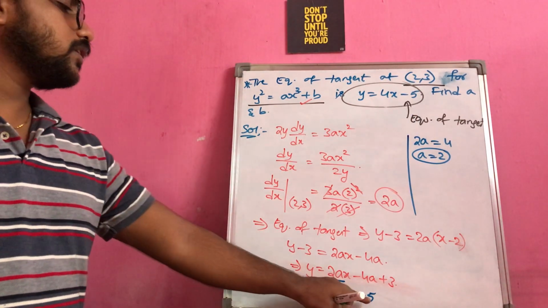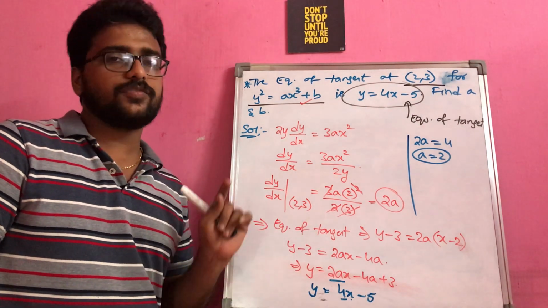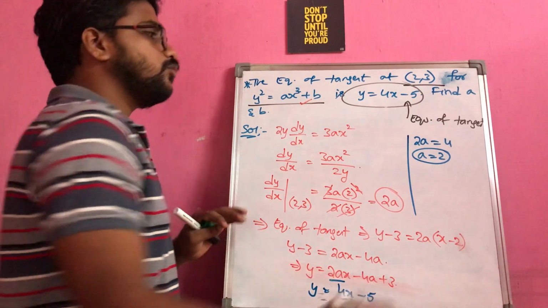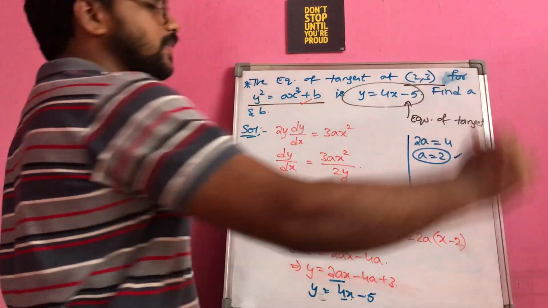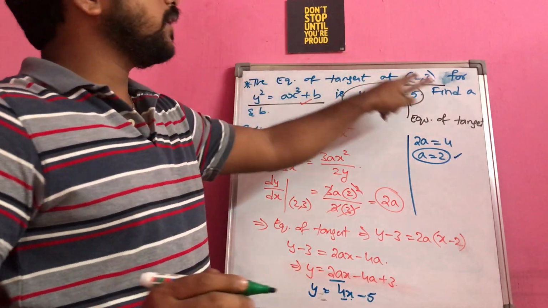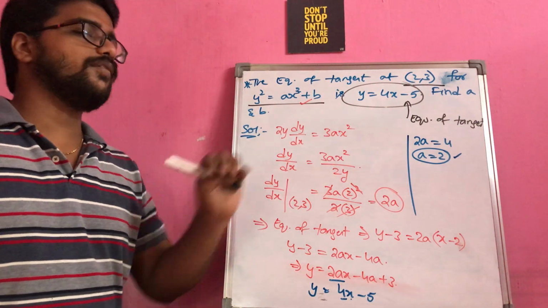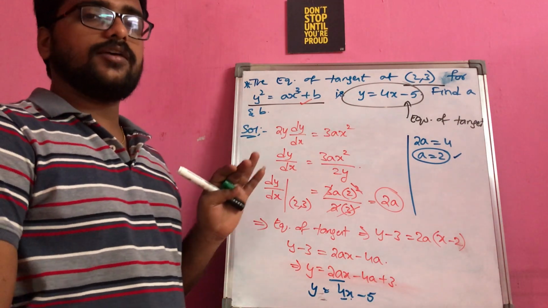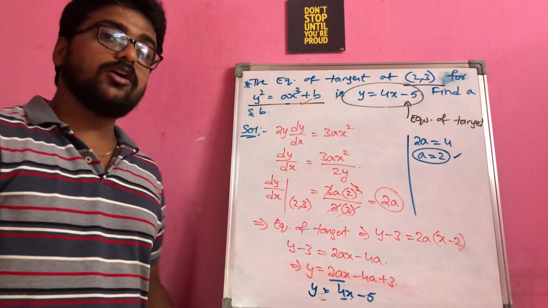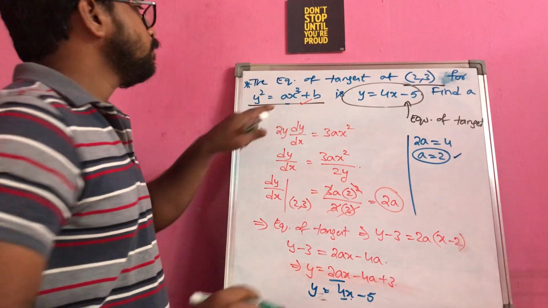If you do the further simplification also, still you will get the value of a only, right? You won't get the value of b. So there is no point in going for further calculation. So we found the value of a. Next our task is to find the value of b. Just observe in this entire question where you have to substitute a value so that you will get the value of b. It's very clear that this is the required equation because this is the only equation where you have b. Simple as that.